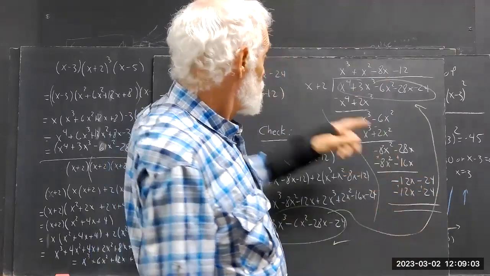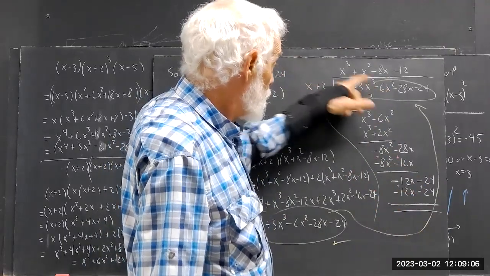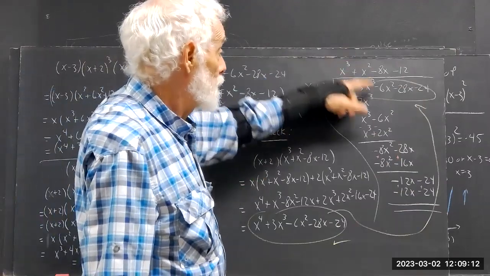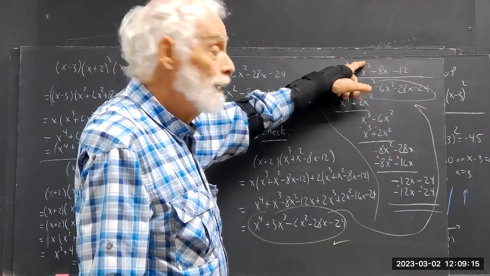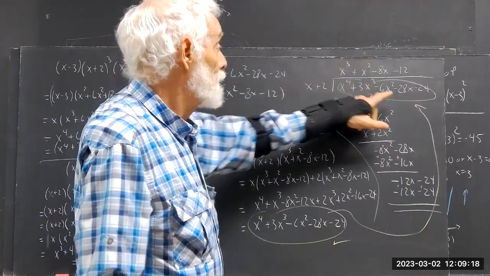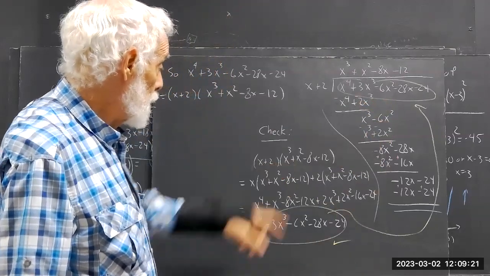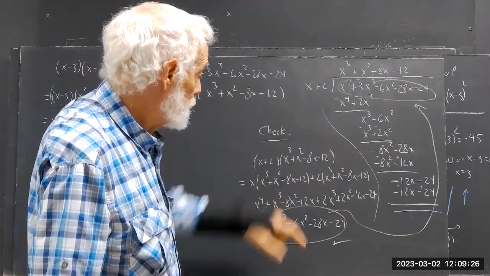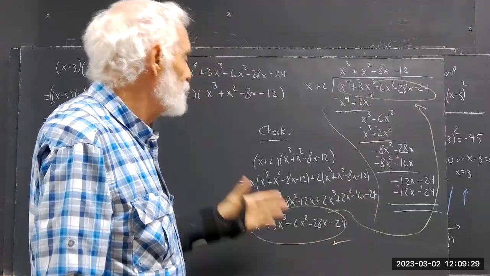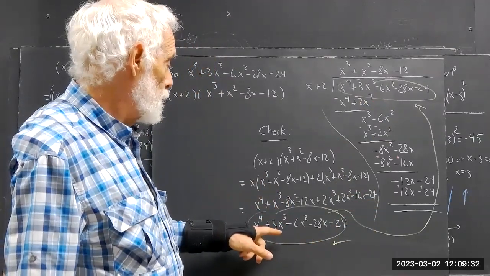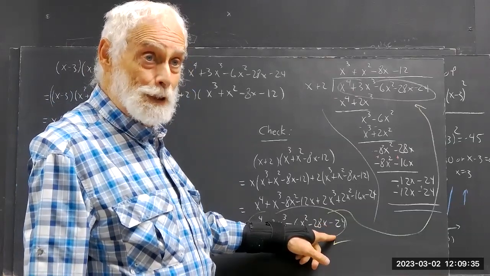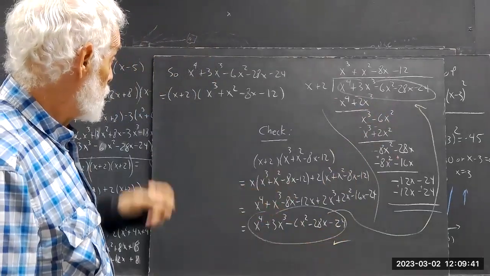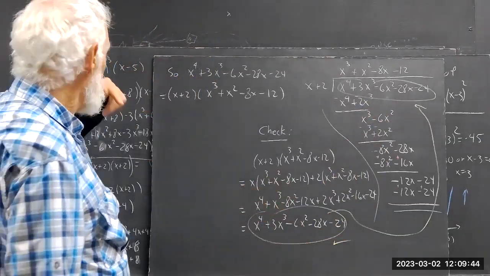There's no remainder. So we know that x plus 2 goes into this many times. We checked. Is x plus 2 times this equal this? Because x plus 2 goes into this many times, then this times this equals this. Okay, well, we worked it out using the distributive law. X plus 2 times this is x times this plus 2 times this. We multiply through, we get these terms, we add them up, and we get x to the 4th plus 3x cubed and all this, which matches this. So we've checked, we've proved, and you want to check these things. So at this stage, we've established that